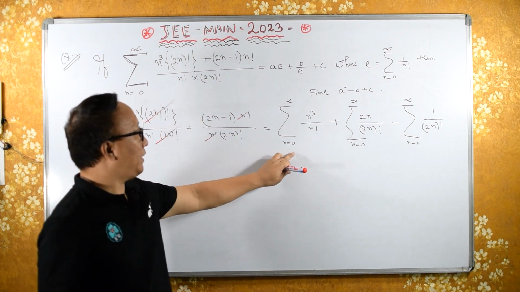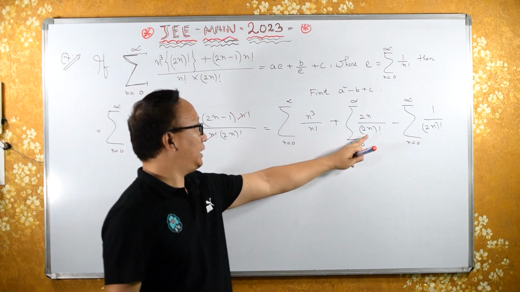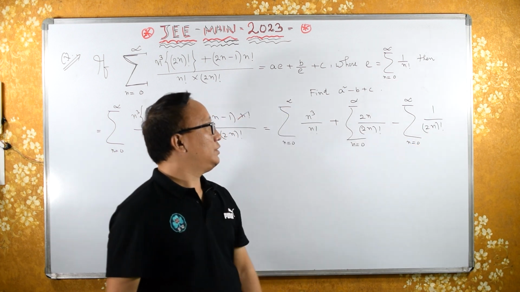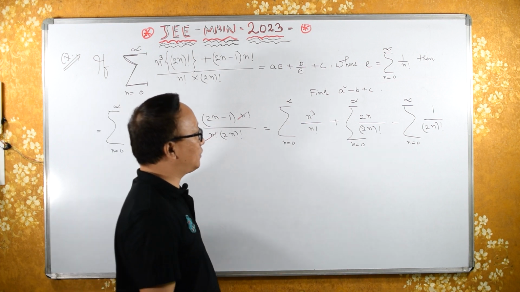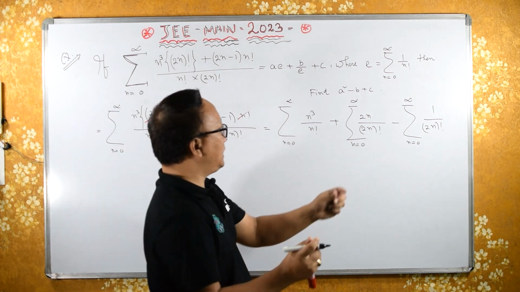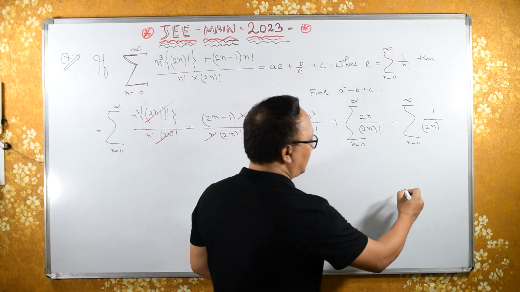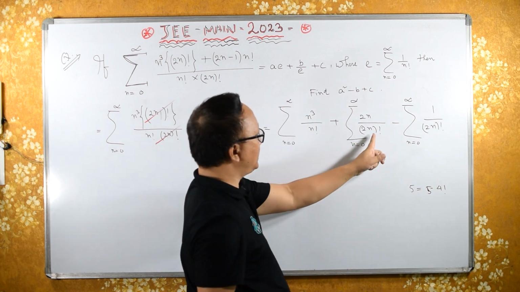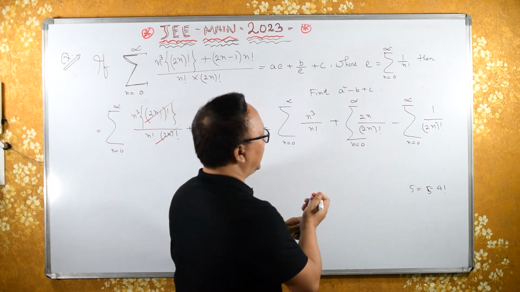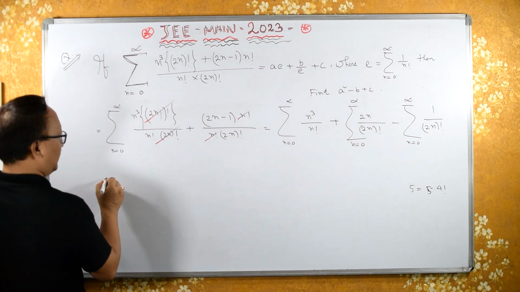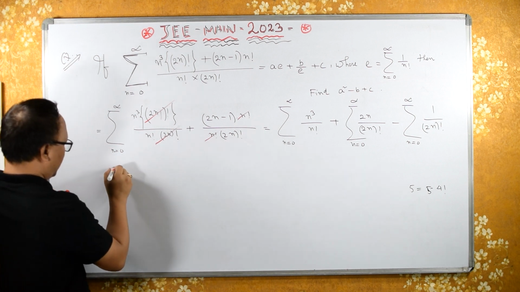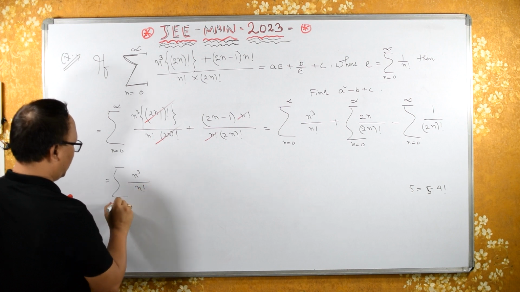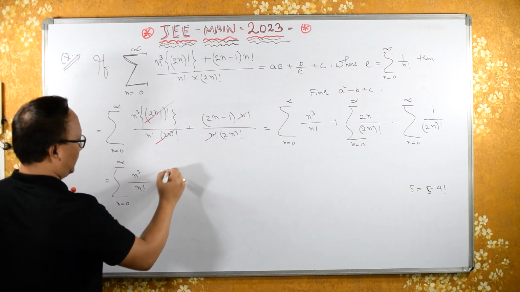Now the limits look fine when n equals 0 here. When n equals 0 this becomes 0, and 0 factorial becomes 1. So the limits look fine. Now, for example, 5 factorial is what? It is 5 into 4 factorial. Okay. Similarly, what I can say is this can be written as, so I'll write over here, let's keep as it is, summation of n cube upon n factorial, n goes from 0 to infinity, plus